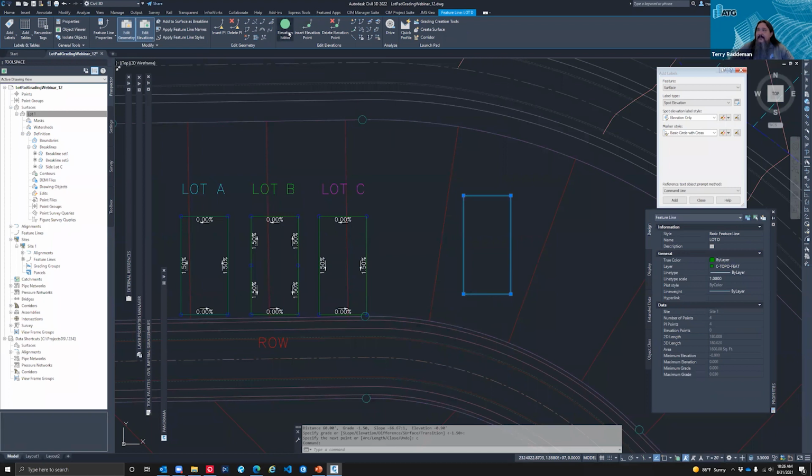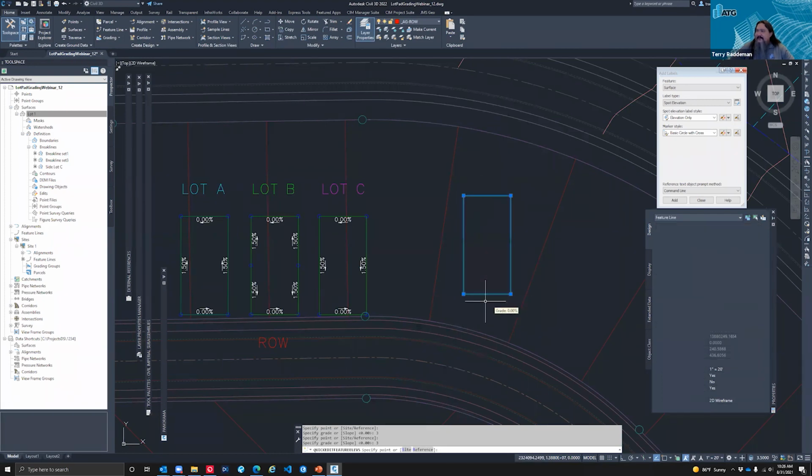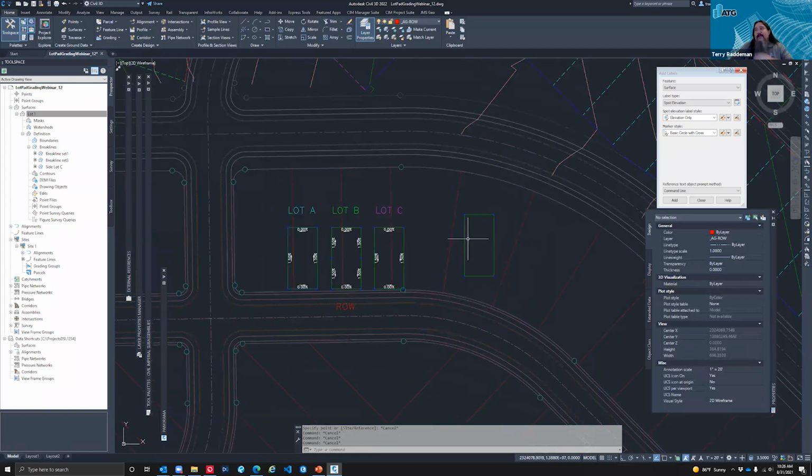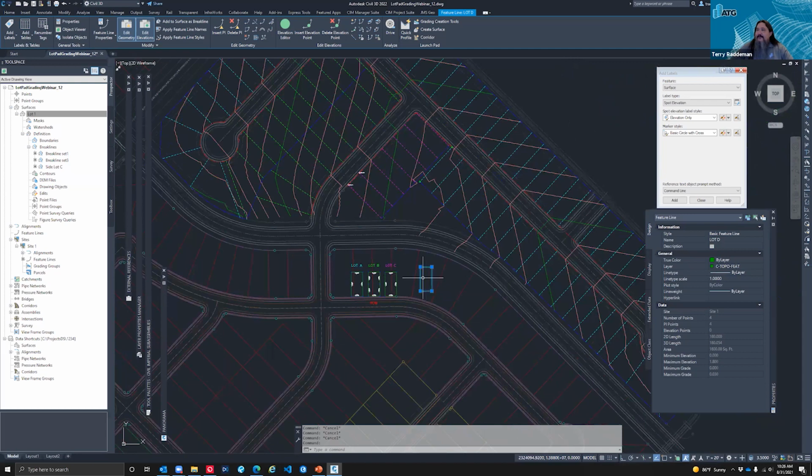So let's just look at this through our quick editor. We have 0 and 0 and 0. So let's go ahead and make this slope should be 0, and we'll make it slope at 3% up, and then this one will slope at 3% up. So now we have 1.5 feet on the back and 0 on the front. So pretty straightforward. Basically, it's just a feature line of a box, and we're going to use this as our